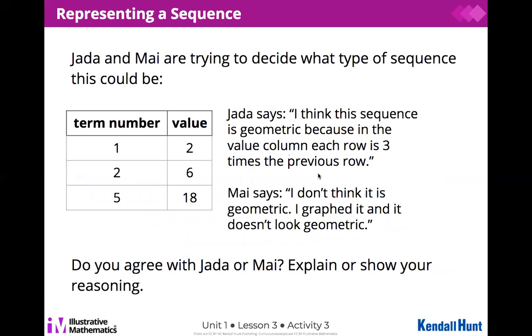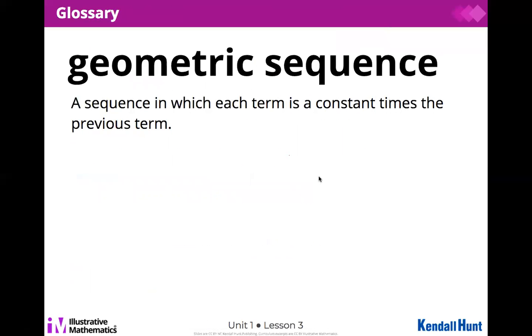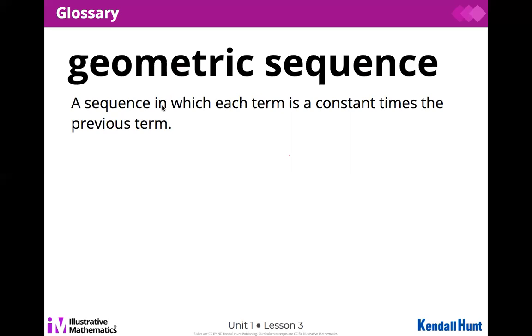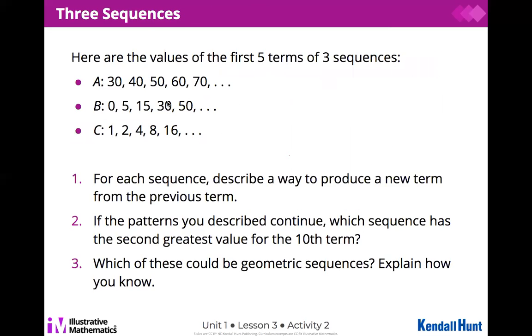Now, the type of sequence that we're going to talk about, I'm actually going to go down to the definitions, then come back. The new sequence we're talking about is something called an arithmetic sequence. Okay, it's a sequence in which each term is the previous term plus a constant, which is different than our geometric sequence, which is a sequence in which each term is a constant times the previous term. All right. So the two examples were like we had up here. A represents an arithmetic sequence because we're adding 10 each time, whereas C is a geometric sequence because we're multiplying